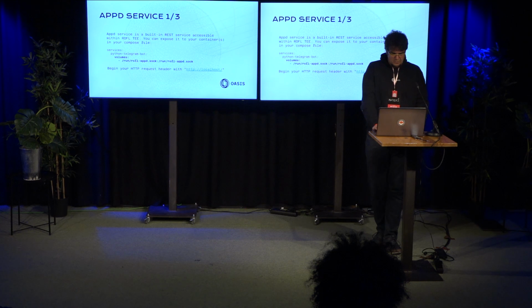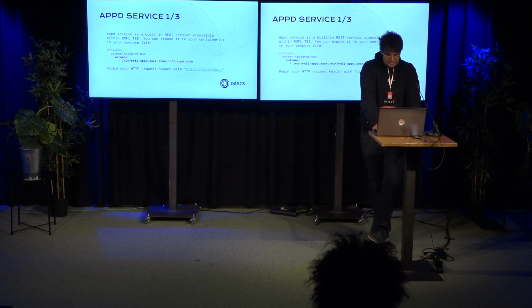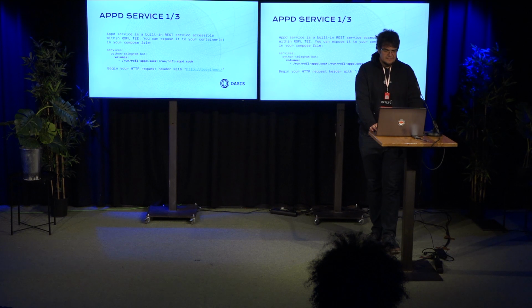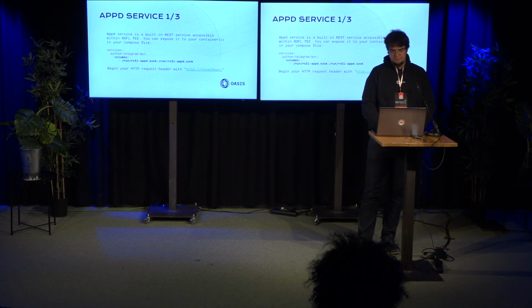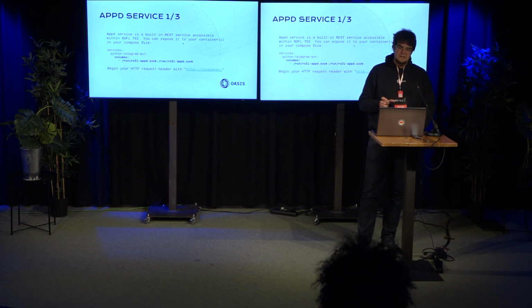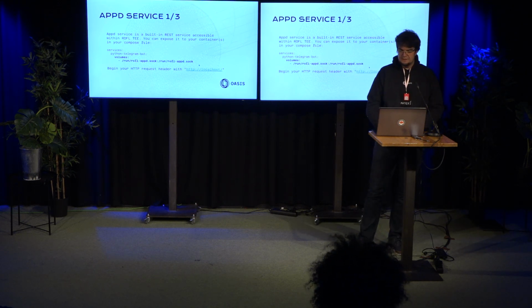Right, so how do we do it? We set up a service called AppD. It's an application daemon. It's a simple REST service, and you can use it by binding to a Unix socket. On the host, it's called /run/raffle-appd.sock. Usually you want to map it inside the container, at least in our examples, that's how we do it. Then you connect to that socket, and the HTTP request header should begin with http://localhost, and then the endpoint you want to use.